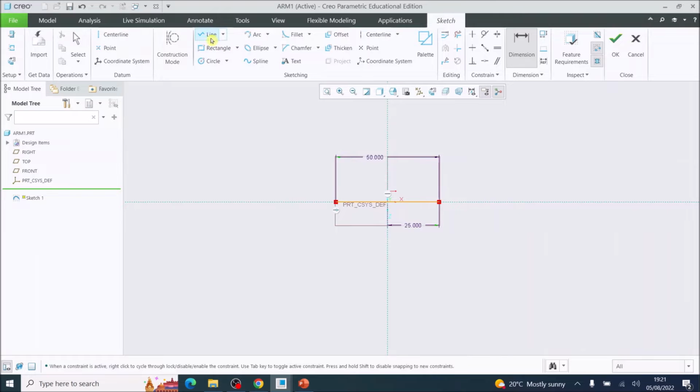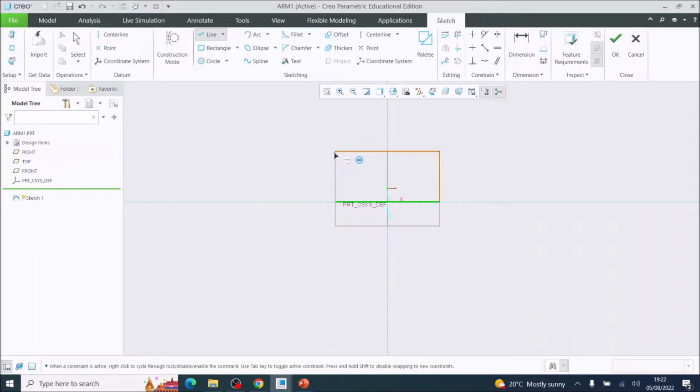I'm then going to use the line tool, and I'm going to go from that line and draw up and then disconnect with the scroll wheel. I'm going to use the dimension tool to set that length. So that length is going to be 24.5. Should be a total of 49 across. So I'm going to tick center that 24.5, and then I'm going to draw a line down,